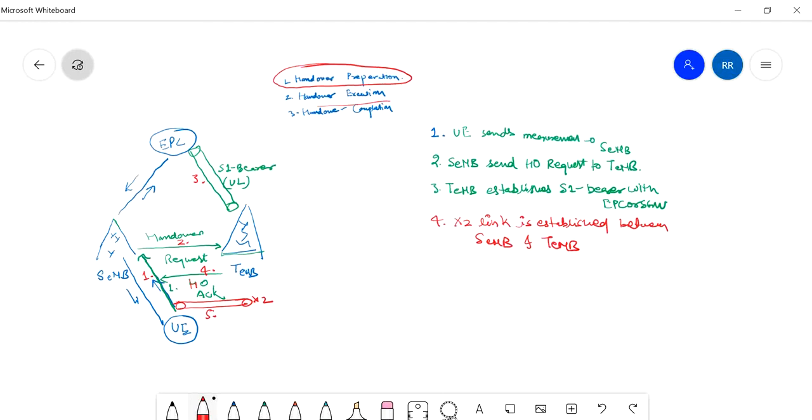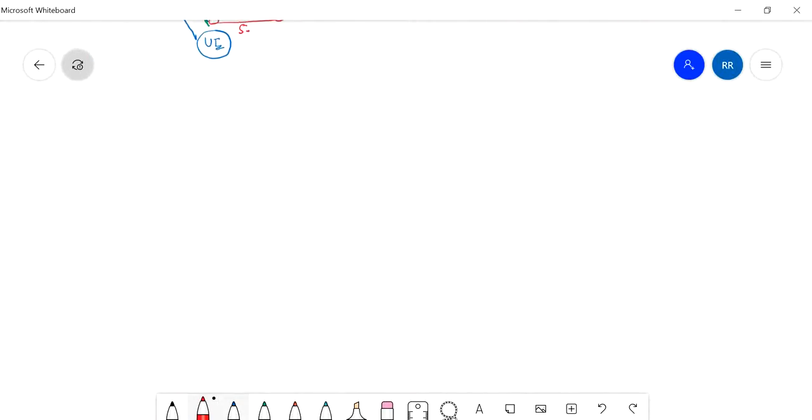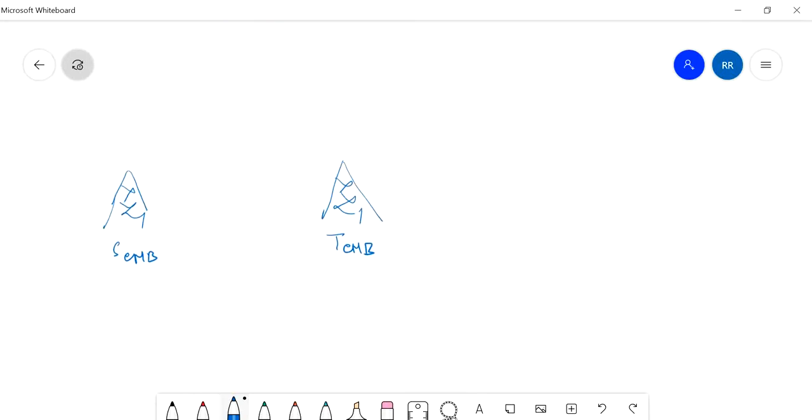We'll see in the next page handover execution. We will see here, no problem. So there is a source, can say eNode B, and this is target eNode B. This is UE, we can say, right? So till now what is happening, this link is established here, right? This link is established here, and one S1